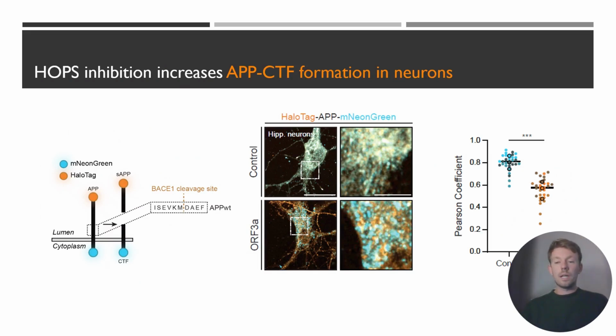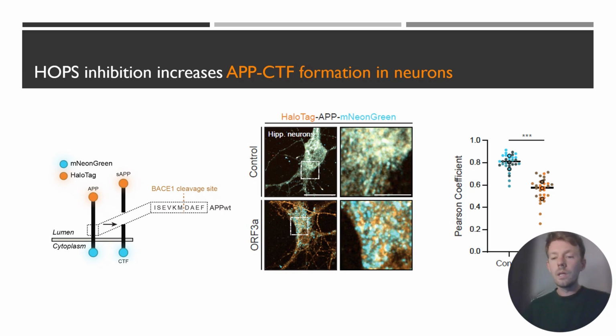So then we wanted to check indeed whether there's also more processing within this domain. So we focused on APP processing within the soma and in dendrites. And for this, we applied an alternative approach in which we tagged APP both at the C and N-terminus site